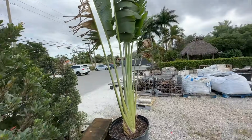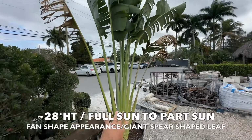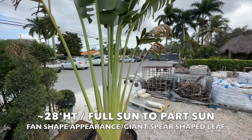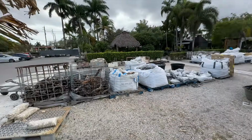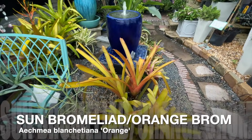Some traveler's palm, just a solo traveler's palm here. This will happen over time, but these are really sculptural, very similar to the orange bird of paradise and the white bird of paradise. Here is the sun bromeliad, gets very large, has these little